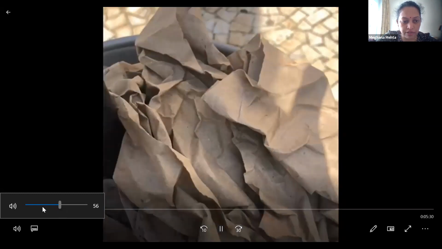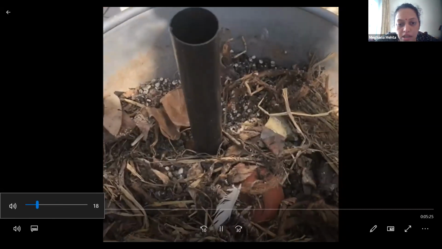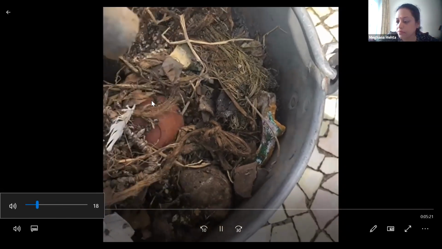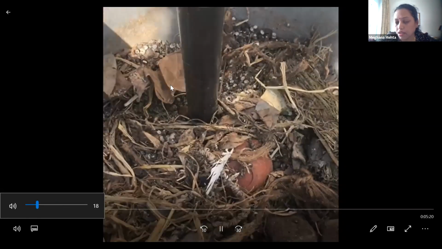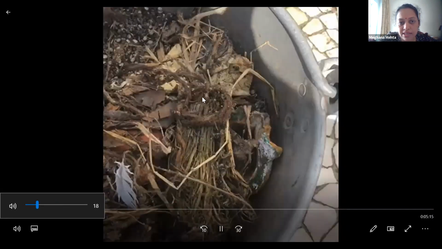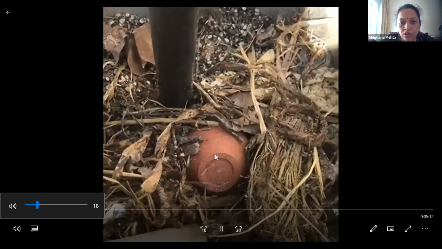Now this compost, you see that in the bucket I have covered it with brown. Now I open it and you see there's another pipe there. Now the top portion is still not decomposed. There's a coconut husk, hay, some feathers. Now I put a lot of things into the compost.